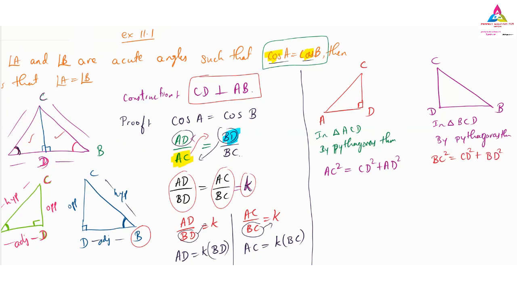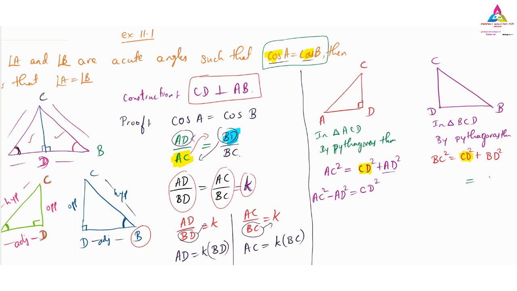You may ask, why have I done it this way? Here I am comparing both. If you compare both, there is one side which is equal to the other. Which side is equal? CD. Yes, we have CD on both sides. So this CD square I will keep on the right hand side only and shift this AD square to the other side. So AC square minus AD square, because I am shifting AD, is equal to CD square.